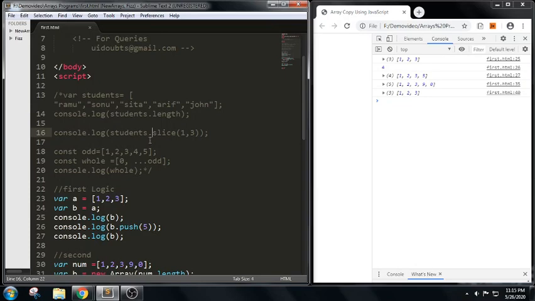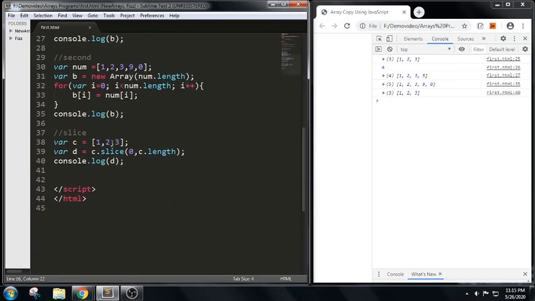So we got Sonu and Sita, sorry. In the same way we got these values also. 0 indicates the initial value, c.length indicates the length will be 3. It will start from 0, 1, 2, it is copied into d and we are retrieving the same values here. Next one, in addition to this we can also copy an array using a spread operator,